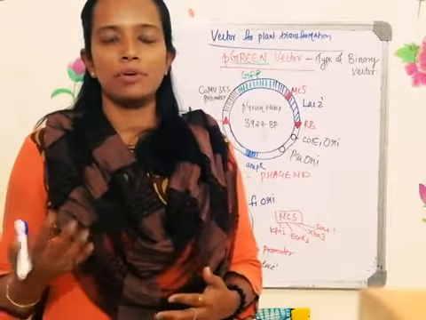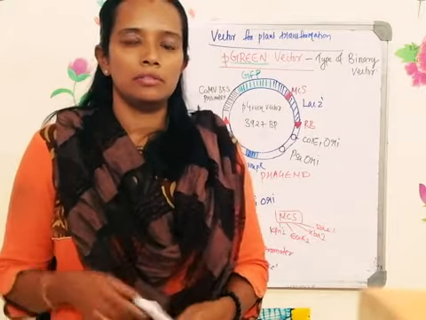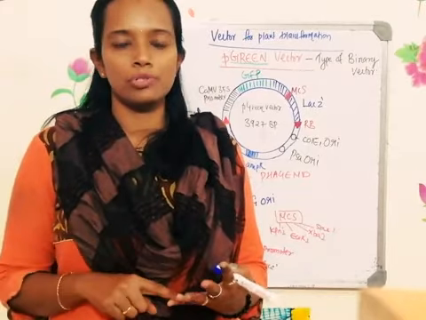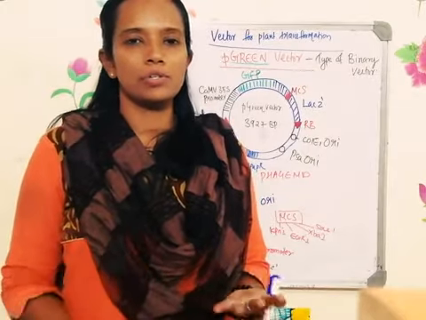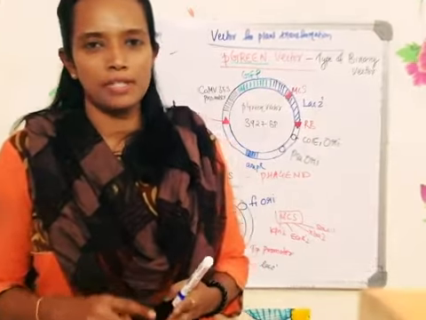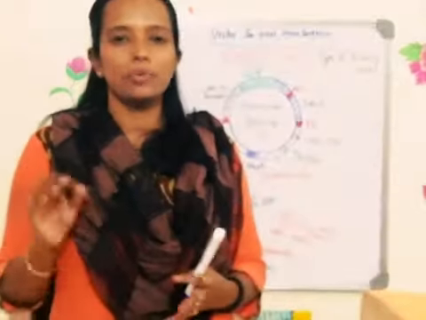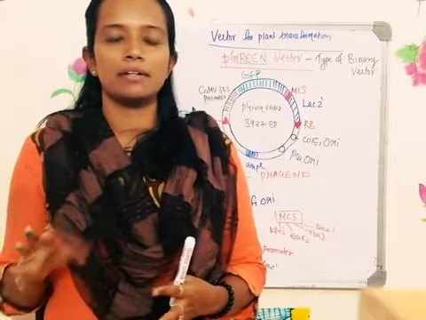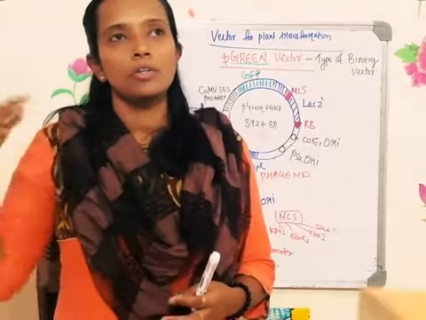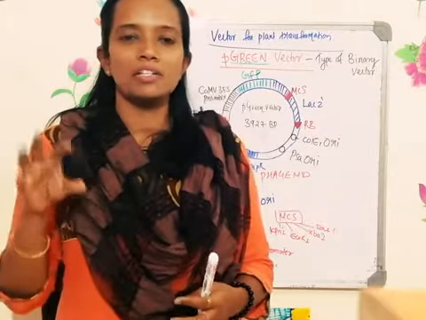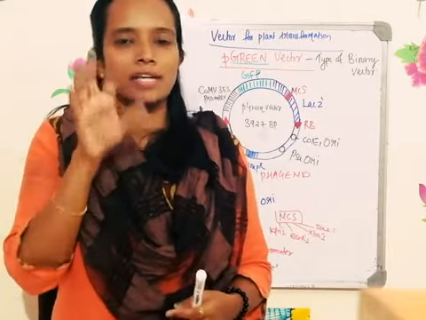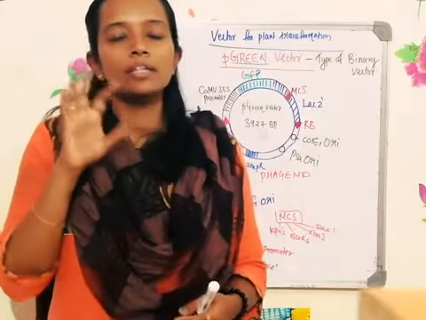For the modification, there are unwanted sites in the naturally occurring Ti plasmid. It has an oncogene. What is that oncogene? It consists of a cytokinin synthesizing gene, an auxin synthesizing gene, and an opine synthesizing gene. There is no unique restriction site, there is no selectable marker gene, and the size of the naturally occurring Ti plasmid vector is very huge. So for making the gene cloning experiment easier, we need to make the plasmid vector very small, a compatible one, with all the necessary features.